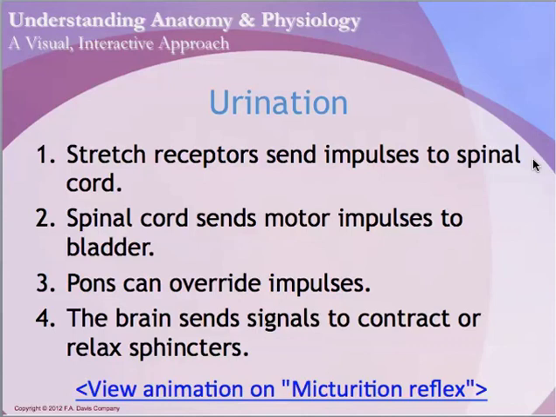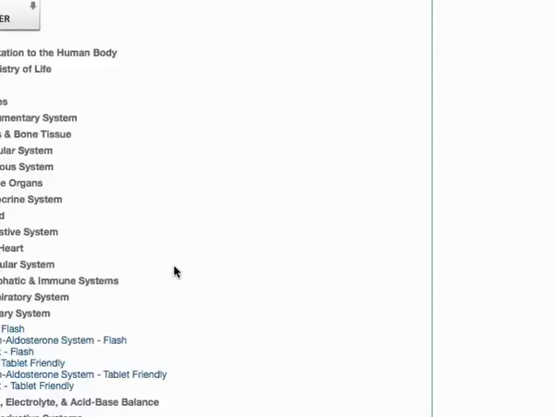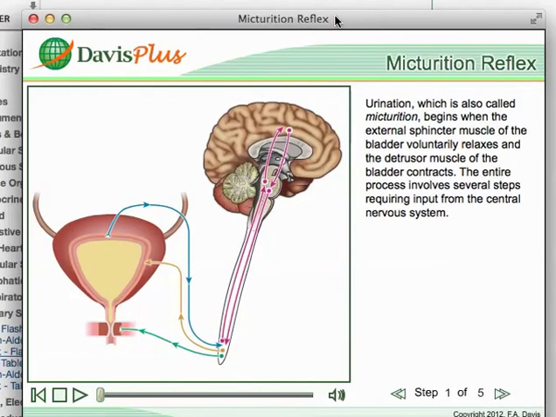So the brain, we have voluntary control over the external sphincter. The internal sphincter is controlled by the spinal cord. That's going to relax. You're going to feel that initial urge to void, but we can hold it, right? So we can still continue to contract our external sphincter, and we have control over that. So you think about people who have spinal cord injuries, and often that's why they have urinary incontinence, or why they're incontinent of urine. Let's watch this last